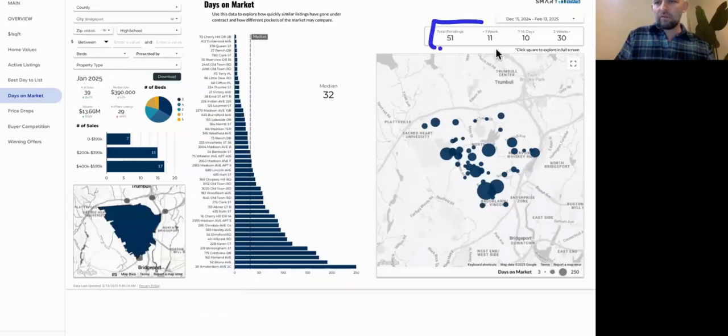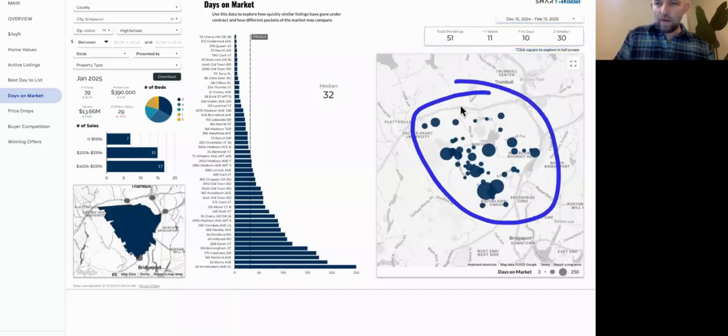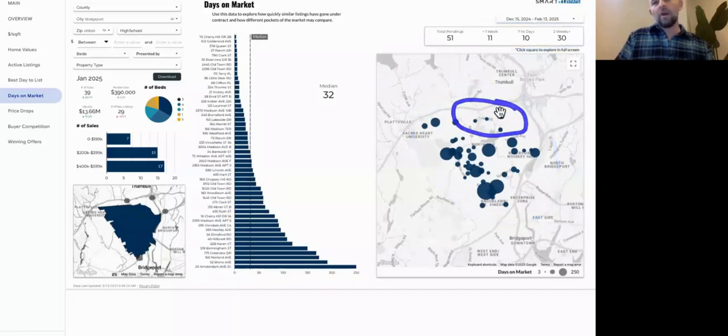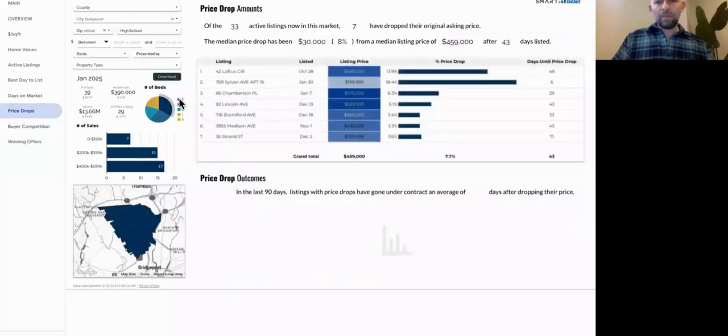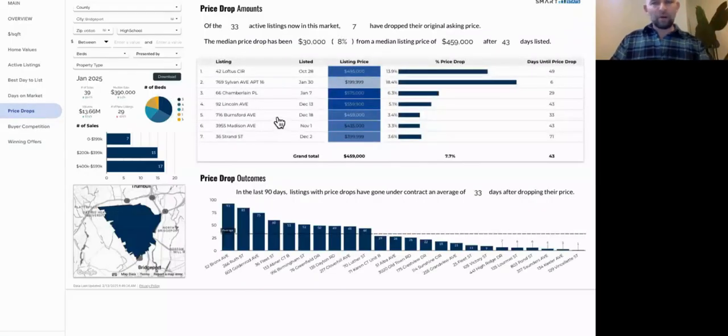We can look over here and have a little bit more information. We can blow this up and see where deals are closing faster. Point is we have really nice big visual data that we can use to plug in if we need to talk about days on market. And then, of course, there's information about price drops that can help us to figure out if and when and how much we want to do a price drop. We can support that conversation.